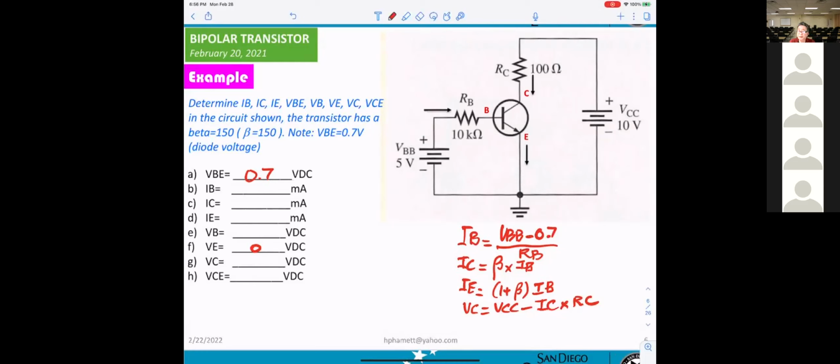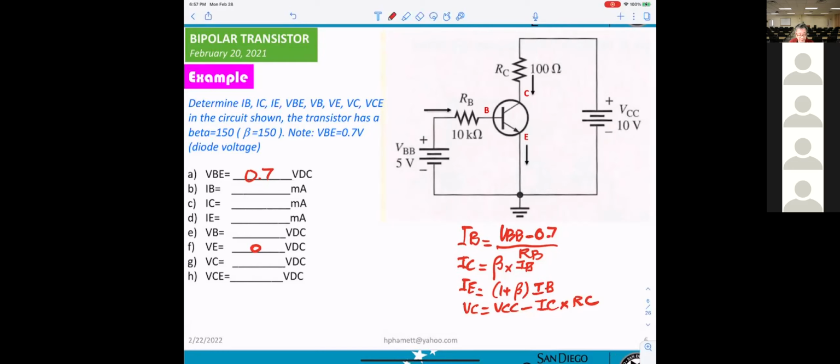VB means from the base to the ground. Is that 4.3?